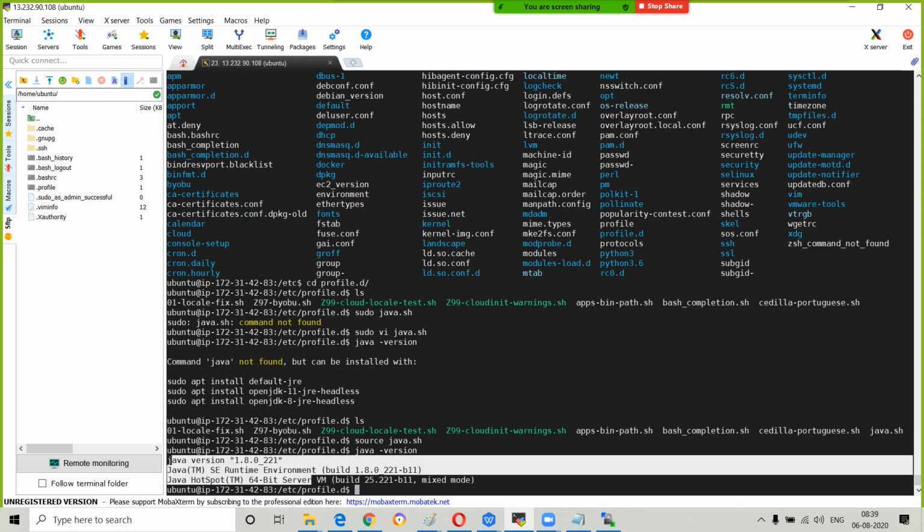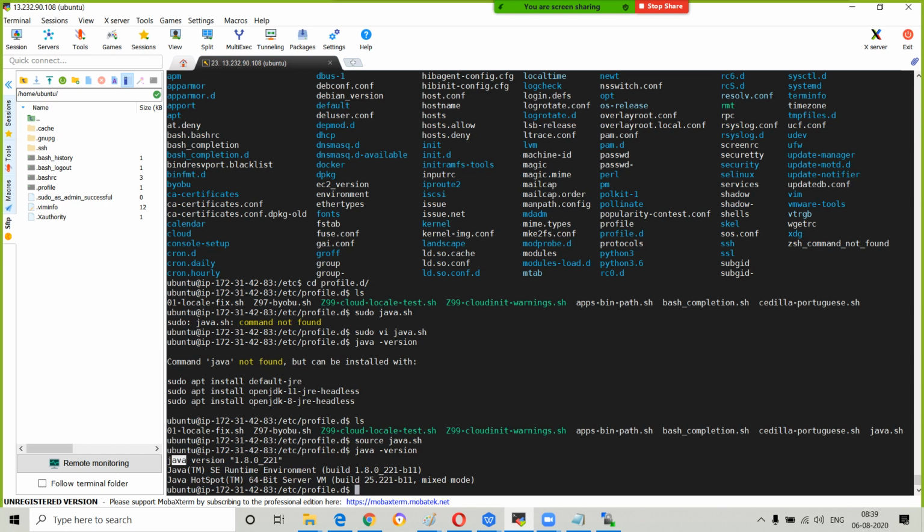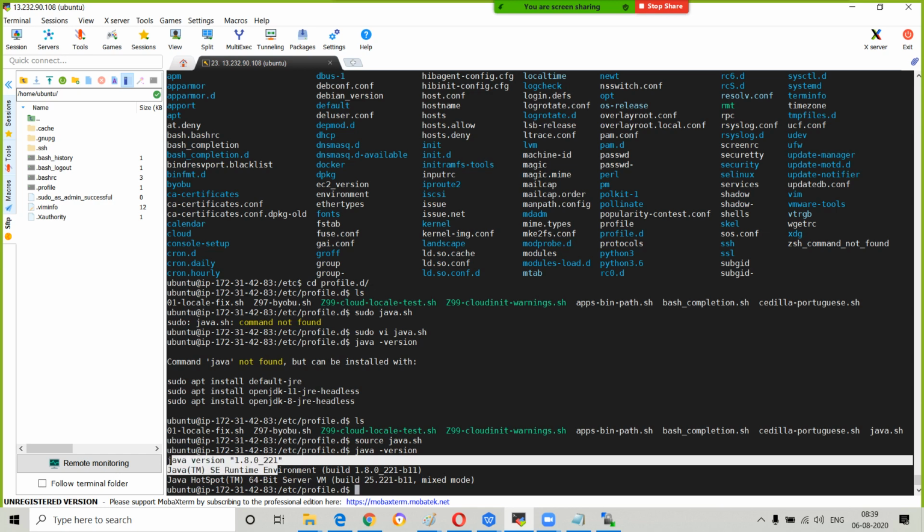java -version. Most of the people have installed the default JDK. That is not the specific Java version. This is the specific Java version, guys. So this is the output I'm expecting from you, and you have successfully done it.